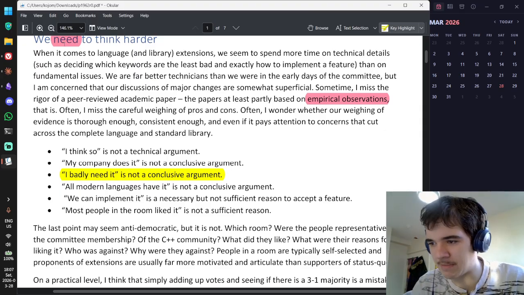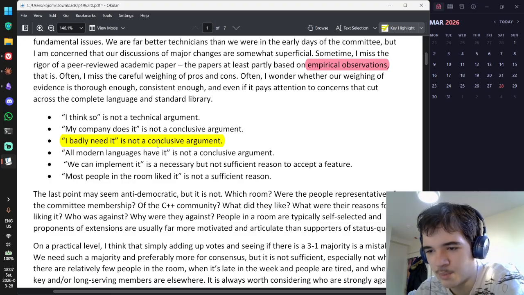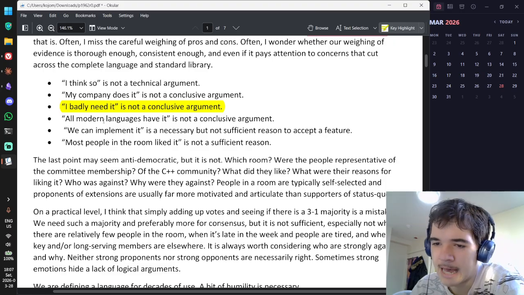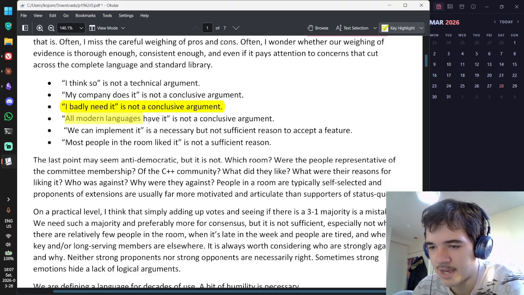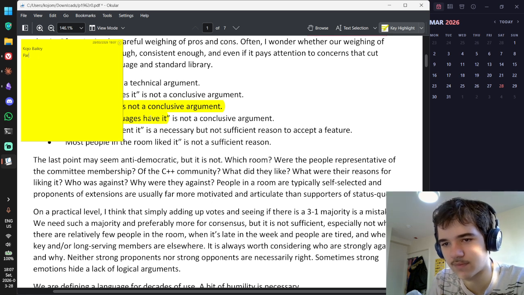I'm not entirely sure what they mean by this. Hopefully they elaborate. I get what he's saying here, or I can guess it anyway. This one is also interesting: all modern languages have it. Because this is an argument often made with Rust and stuff. Particularly interesting since Rust,